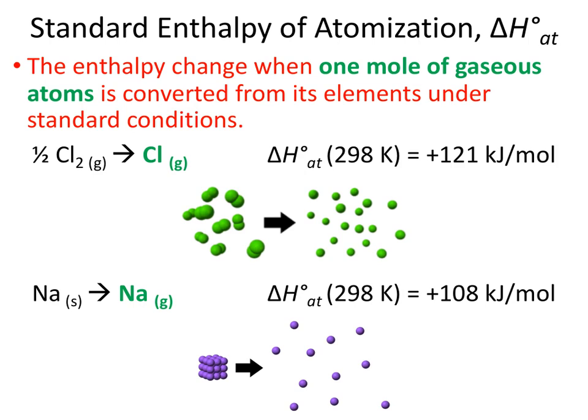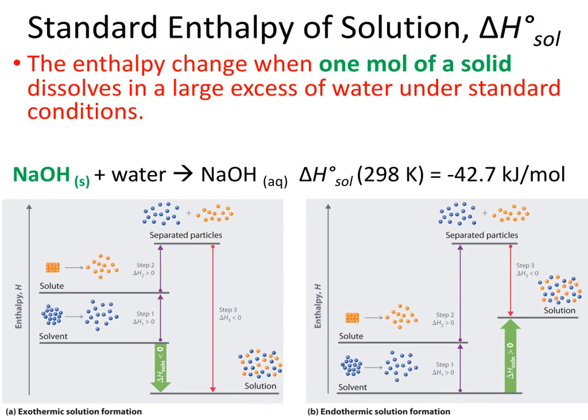So again, my coefficients in this would be 1 here and 1 over here. And that forces me to use a half over here. When we're talking about solutions or dissolutions, it's about when 1 mole of solid dissolves in a large excess of water, again under standard conditions. So in this case, we would have something like sodium hydroxide, which is a solid in the water, and we produce sodium hydroxide aqueous. So again, aqueous refers that this is dissolved